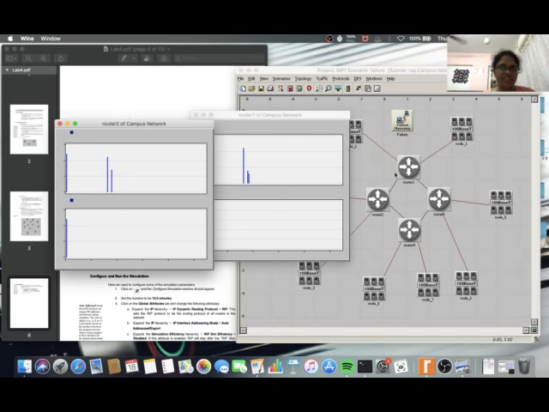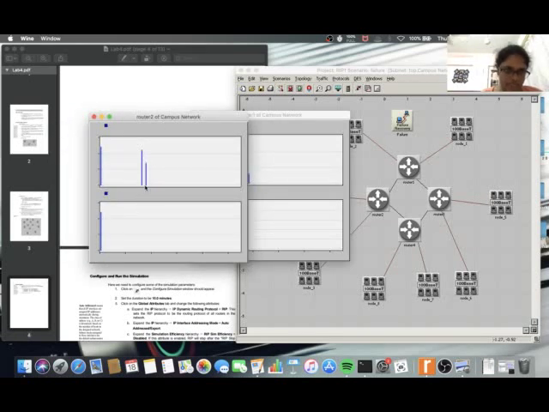These routers had to find ways to reach the nodes indirectly, connected to each other. So as you can see, router 2 has a sudden increase in the number of updates, and then again after a few seconds there are updates being made to the